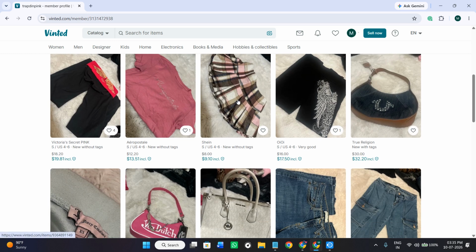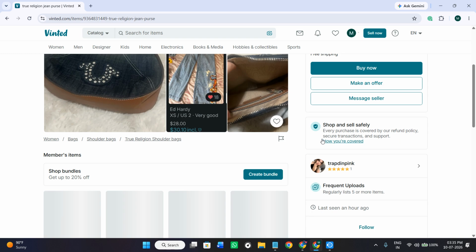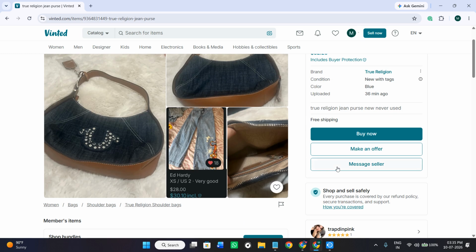Now among these items, you just have to select that particular item in which you are interested, and right next to it you are going to see the option of buy, and on some of the listings you are also going to see the option of add to bundle depending on the version of the application that you are using. So currently I don't have the option of adding a bundle, so I'm just going to simply select the option